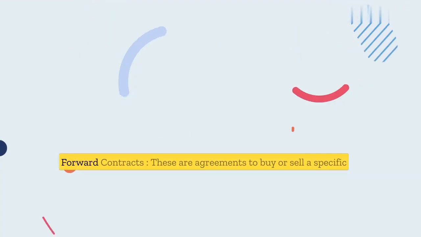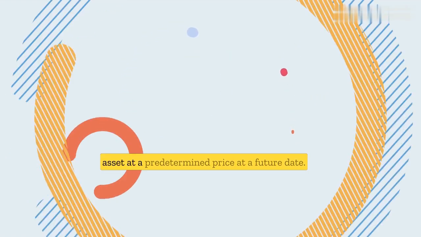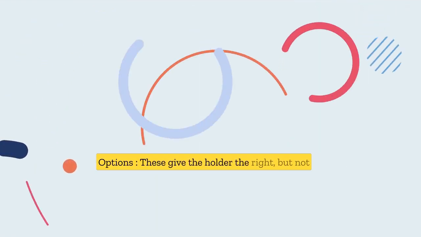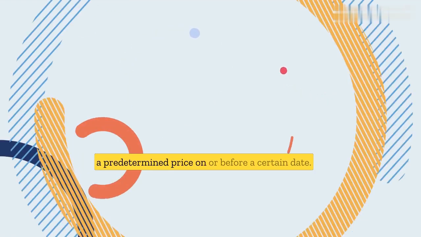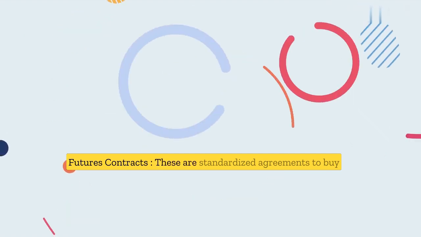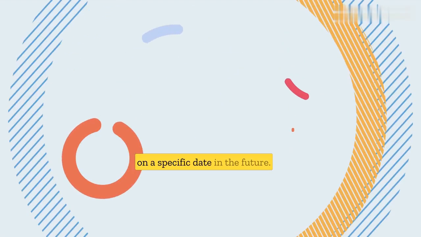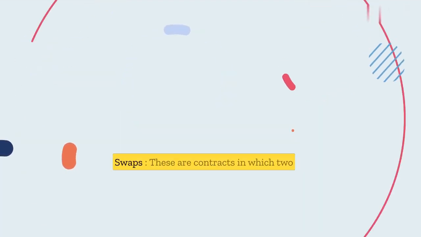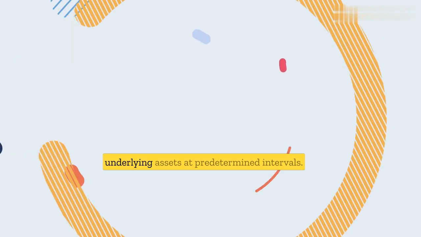There are several types of derivatives, including forward contracts. These are agreements to buy or sell a specific asset at a predetermined price at a future date. Options. These give the holder the right, but not the obligation, to buy or sell an asset at a predetermined price on or before a certain date. Futures contracts. These are standardized agreements to buy or sell an asset at a predetermined price on a specific date in the future. Swaps. These are contracts in which two parties agree to exchange cash flows or underlying assets at